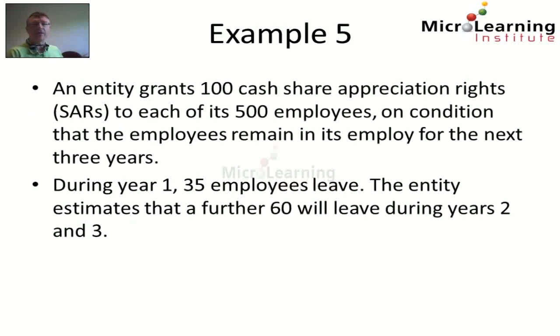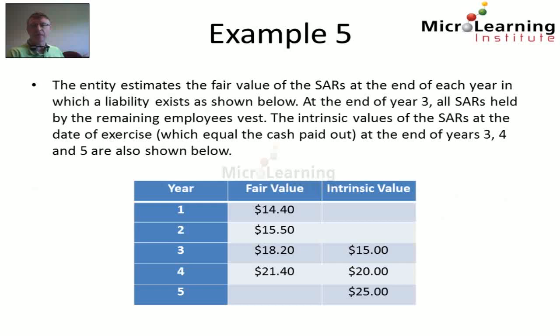So in example 5 we're told that an entity grants 100 cash share appreciation rights, or SARs, to each of its 500 employees, on condition that the employees remain in its employ for the next 3 years. During year 1, 35 employees leave, and the entity estimates that a further 60 will leave during years 2 and 3. Now, we're also told that the entity estimates that the fair value of the SARs at each year end